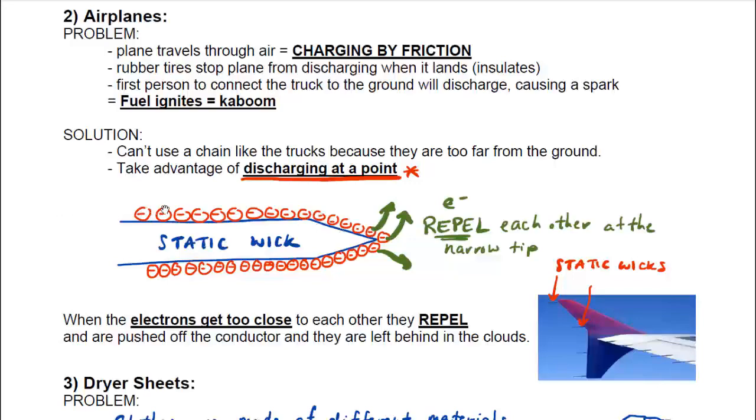So we pick up electrons. Let's say the plane is moving in this direction to the left. We pick up electrons, and then they flow off the end and they go back into the clouds where we stole them from. You never build up a charge, means you never discharge, which means the airplane is safe when